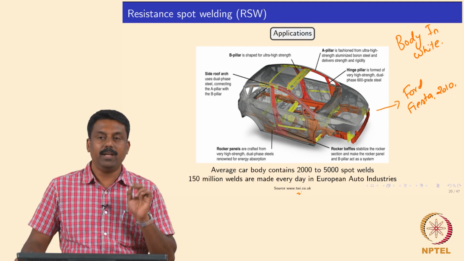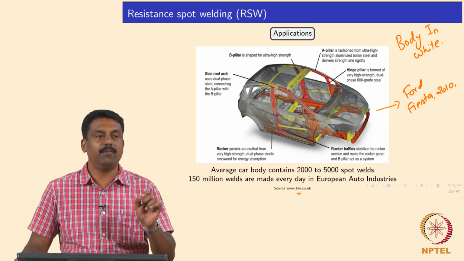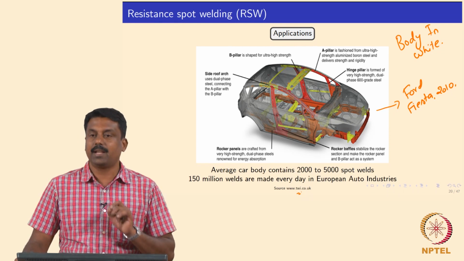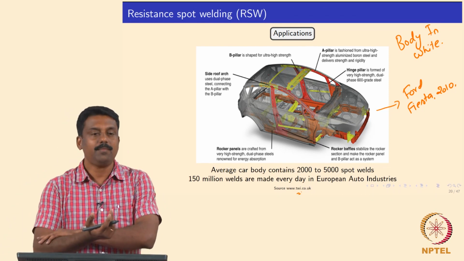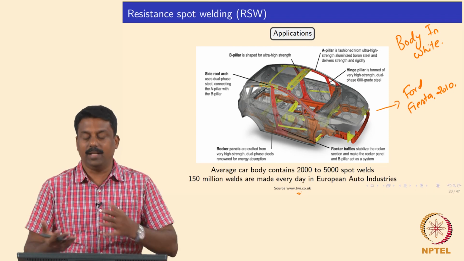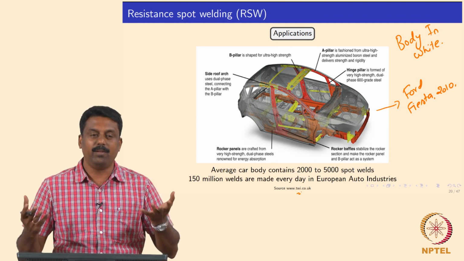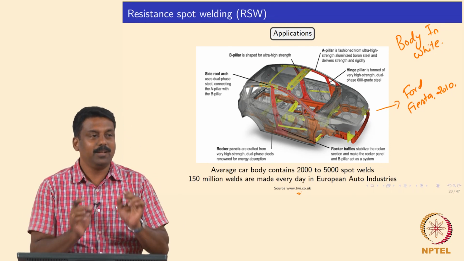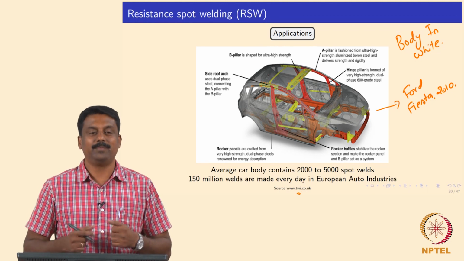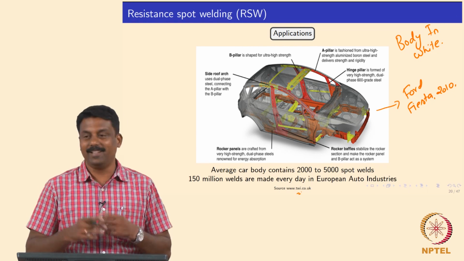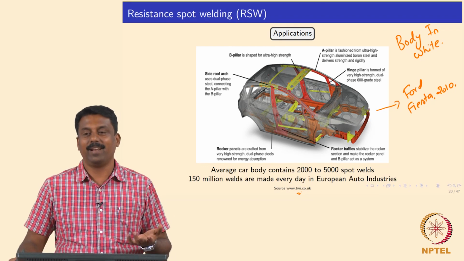So, we will have to make sure that by obtaining a good welding procedure, these welds can withstand the life cycle of an automotive vehicle, right. The typical life of an automotive is 300,000 kilometers, 3 lakh kilometers. So, the weld should be intact. If the weld breaks when the monkey jumps, then you have a problem. Then as a welding engineer or a welding scientist, we have a problem in hand, we will have to solve that.